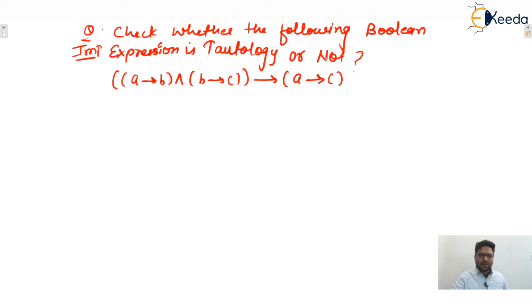Otherwise you can apply the properties and identities we discussed in the last lectures. Try to use the notations of Boolean algebra, that means plus, dot and complement, because it will be easier to analyze or simplify the question if you use the Boolean expression. And try to convert every secondary operator into a primary operator. Primary operators are what? AND, OR and negation. That means plus, dot and complement.